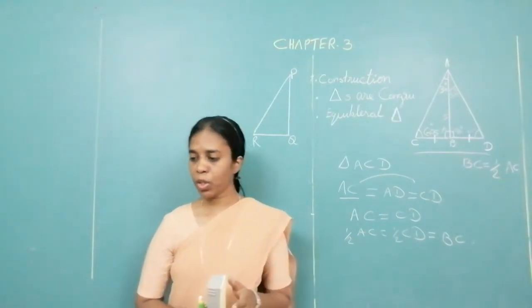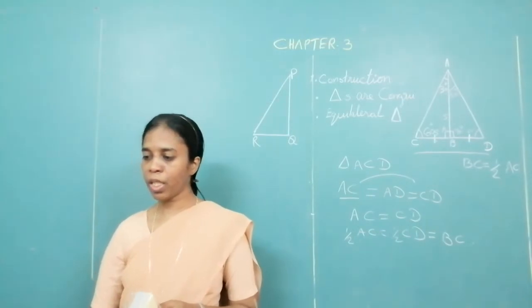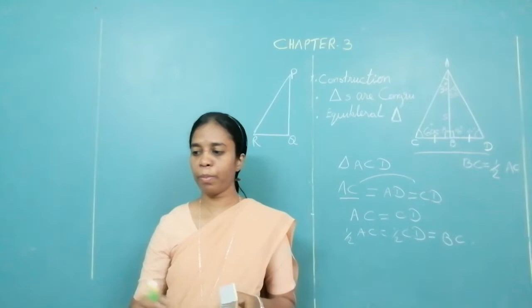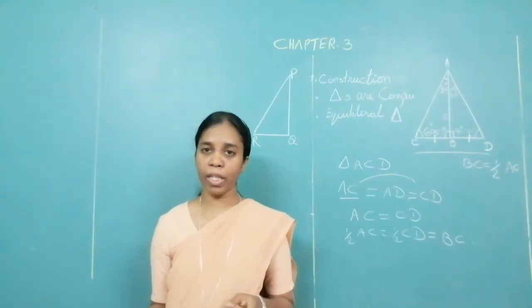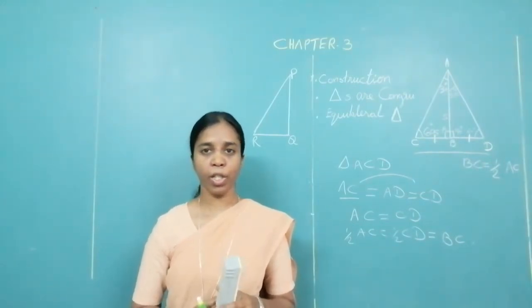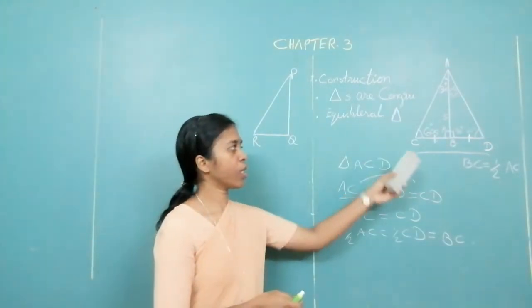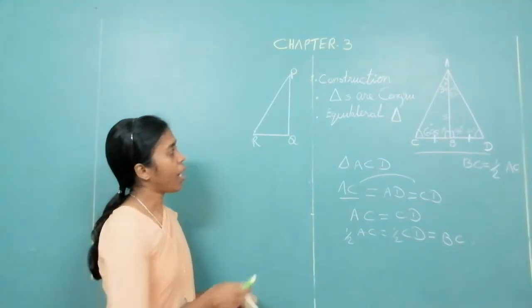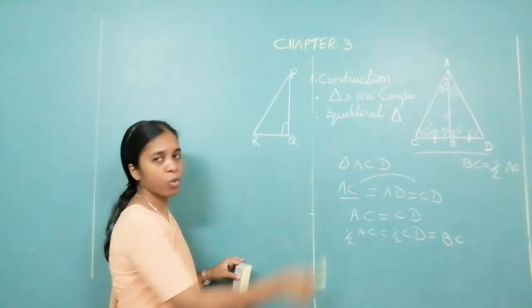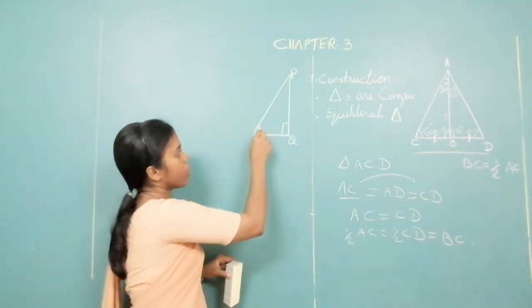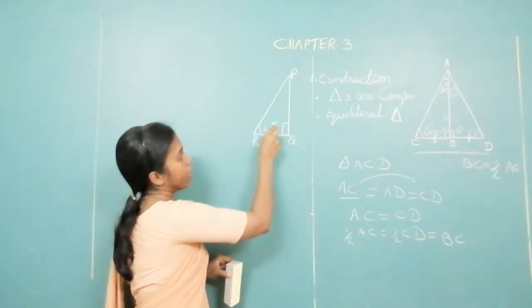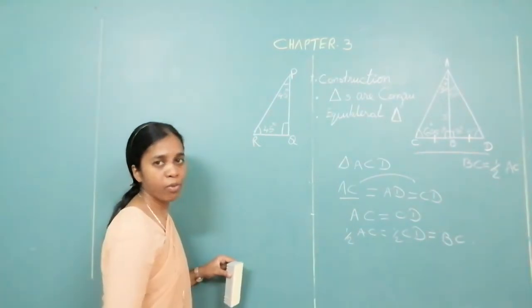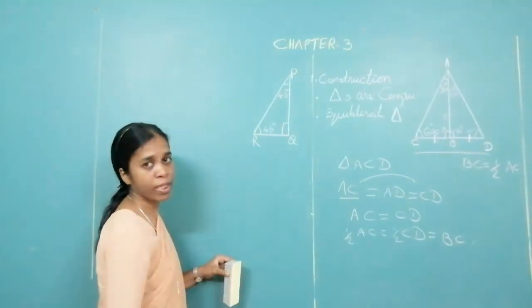The theorem is in your textbook, page number 35. There are some parts given to you as fill in the blanks over there. So please fill them in and write this theorem in your notebook. Okay. This is all about 30, 60, 90 degree. Now, I have another right angle triangle over here. Suppose the acute angles are 45 degrees. There the acute angles were 30 and 60.